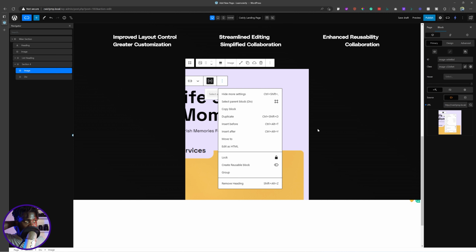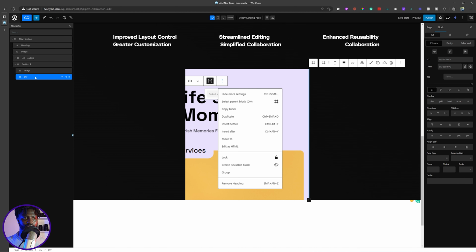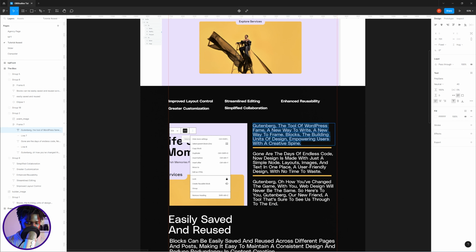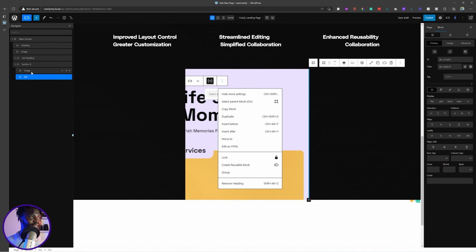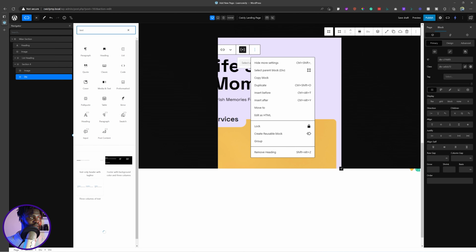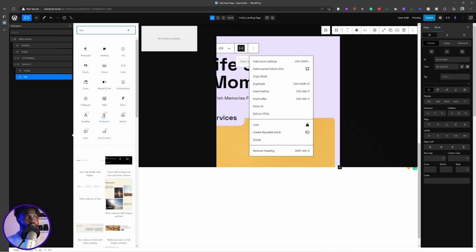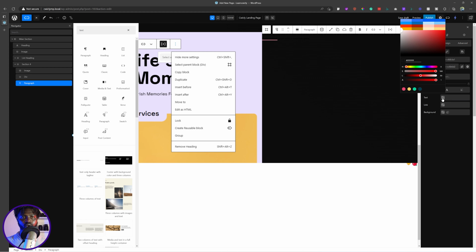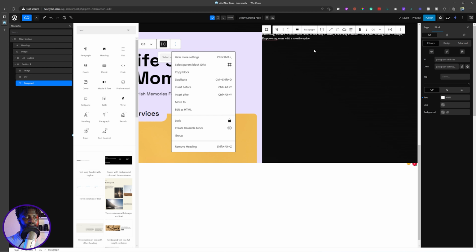The next thing that we want to do is add the text that we are going to put in there. For this text, we have the first one. We'll copy this, and here we are going to use a paragraph. So let's click on here, and then we can type in text. When I type in text, we're going to look for one called paragraphs. And then I'm going to click here and paste in what we have. Go to color and change this one. All right, so after doing that,